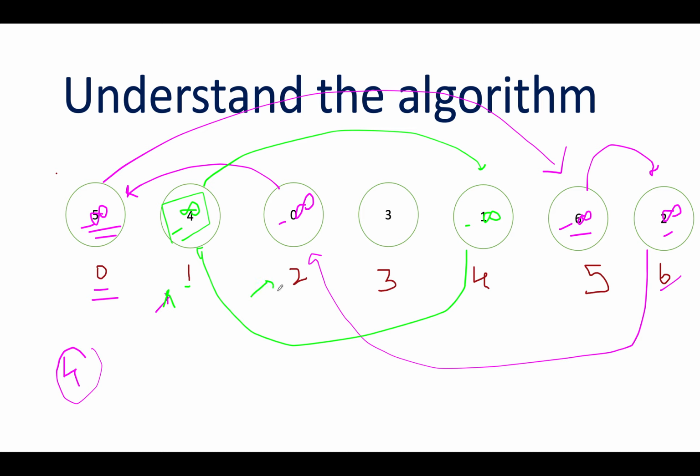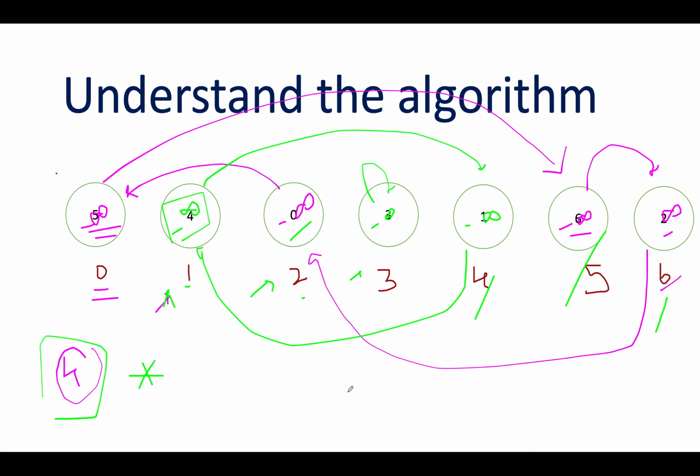Next we have is 2, already visited, we'll ignore. Next we have is 3, since 3 points to itself, we'll mark it as visited and abort this loop. The length of the cycle is 1, completely ignored. Next we have is 4, it's already visited. Next we have is 5, it's already visited. Next we have is 6, it's already visited. The maximum length of the cycle is 4 and this is the answer.